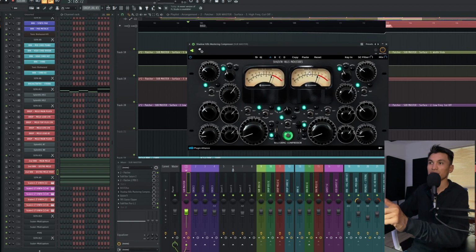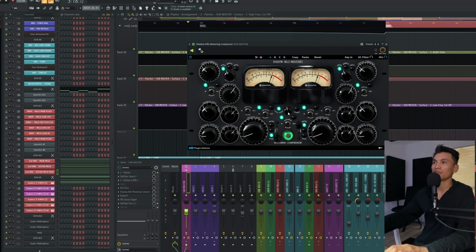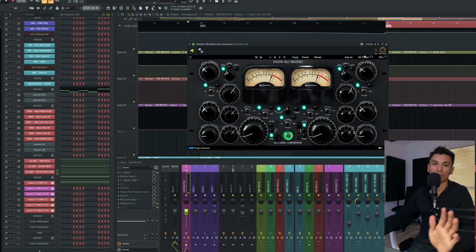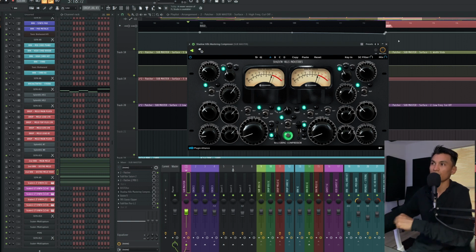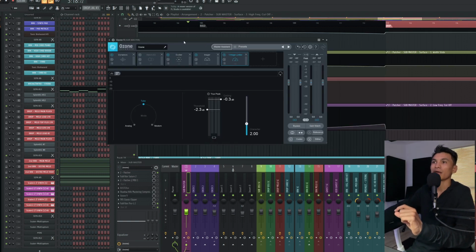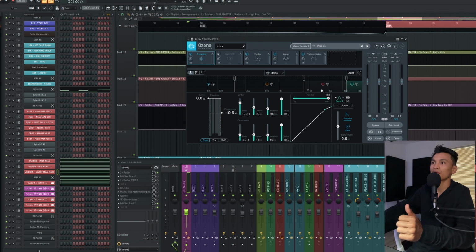For each setting that it has, I'm aiming for the same 2 to 3 dB of compression for the optical compressor and the discrete compressor. Then I activate the dual mono. You have to copy the setting manually. That's the only thing with this plugin, otherwise you will have your left and right signal unbalanced if you don't double check that. Ozone Night, and I have a dynamic compressor with 4 bands, and on each band